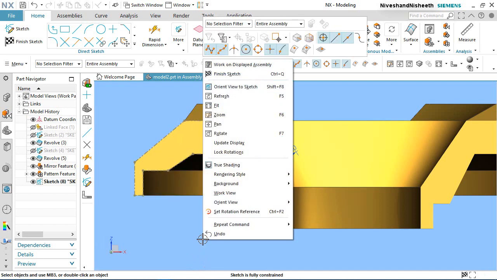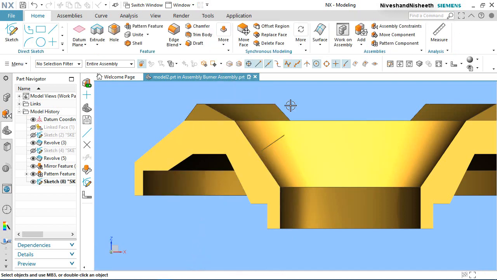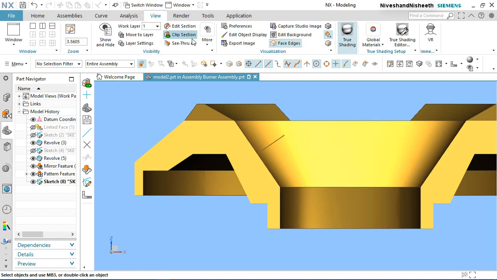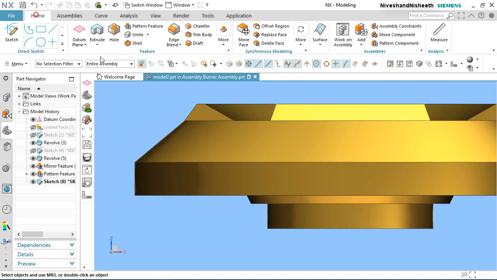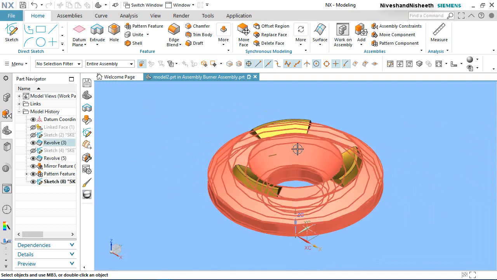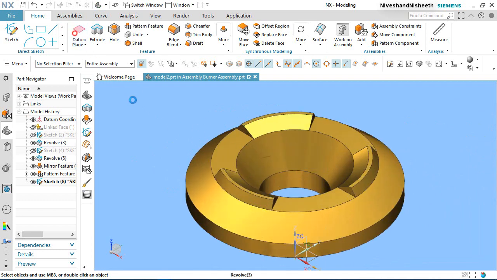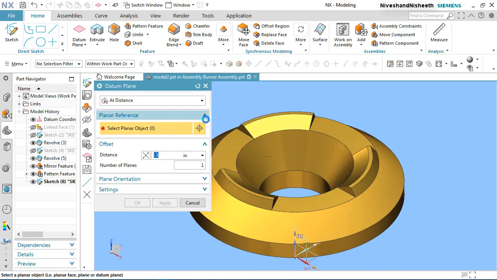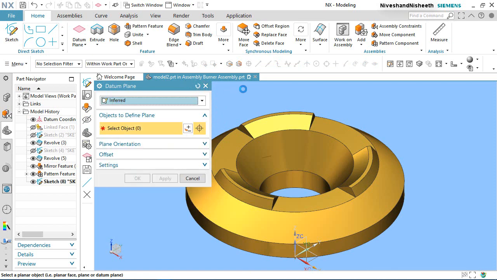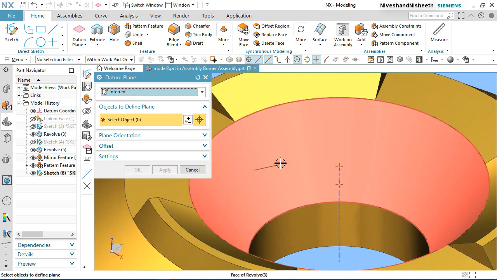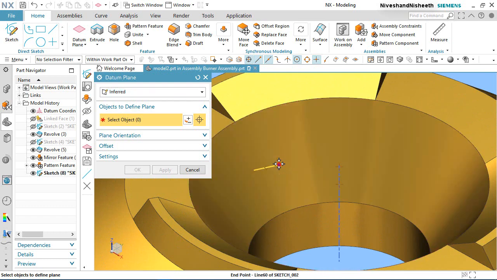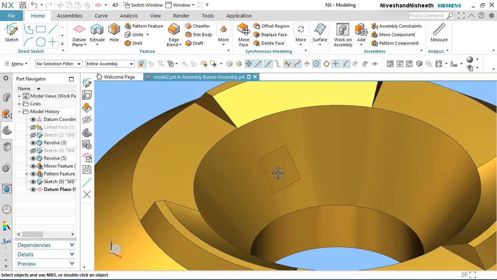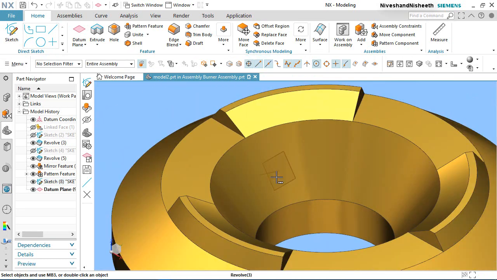Finish the sketch. Exit from the section view. Create a new plane on this end point of the line. Now see, my plane is created.